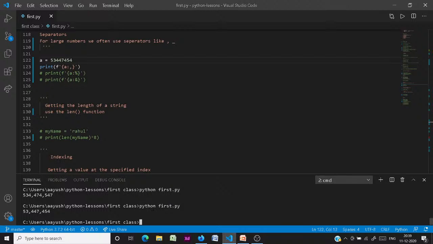Now you can see right now here it is separating by 3 digits, and here it is separating by 2 digits. So is it possible that if this one is an odd number, or the length is odd, or even